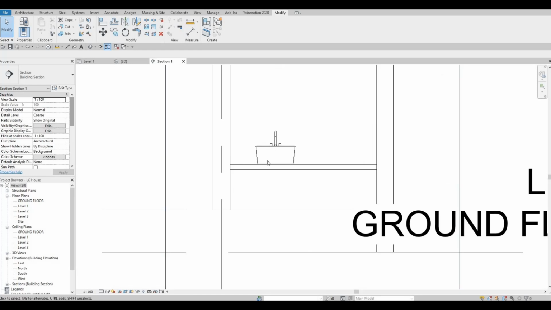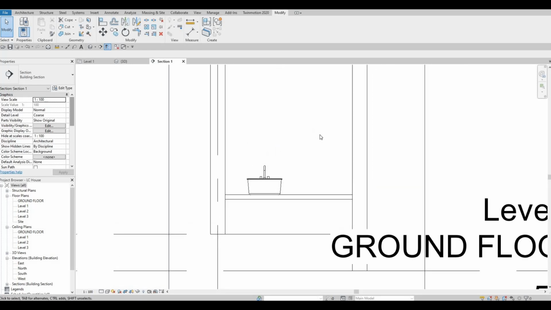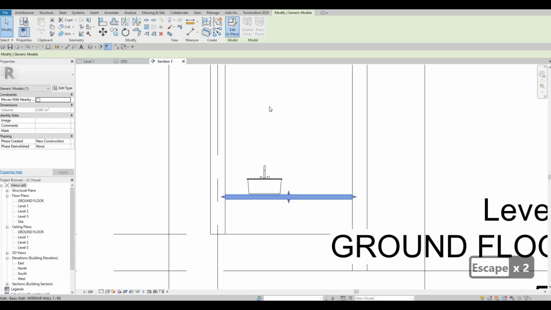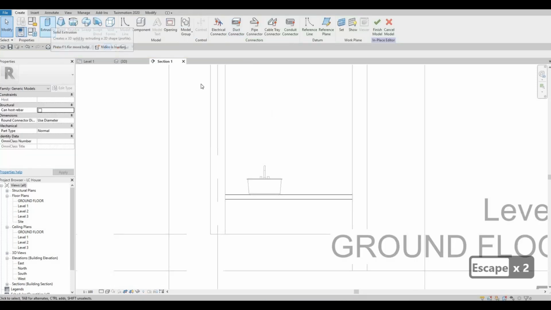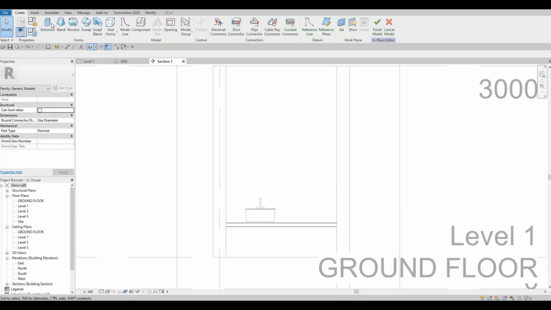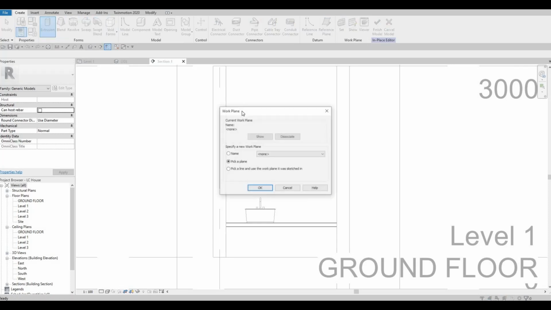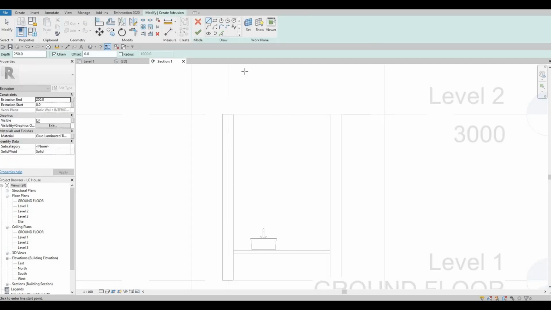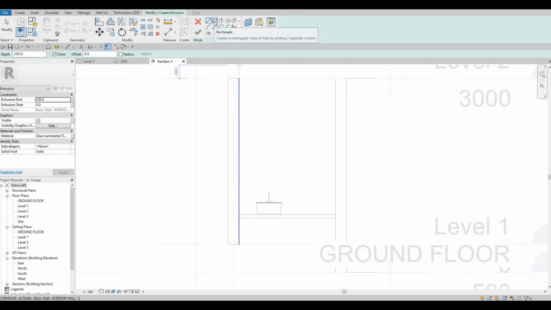Why not let's add in some mirror and some storage right here. So what we could do is we could click on model in place, or we could edit this in place and then click on extrusion. We're already in section, so here select extrusion, pick a plane. We're going to select this face, and then we could add in the mirror first, so that's important. So select that, select here,